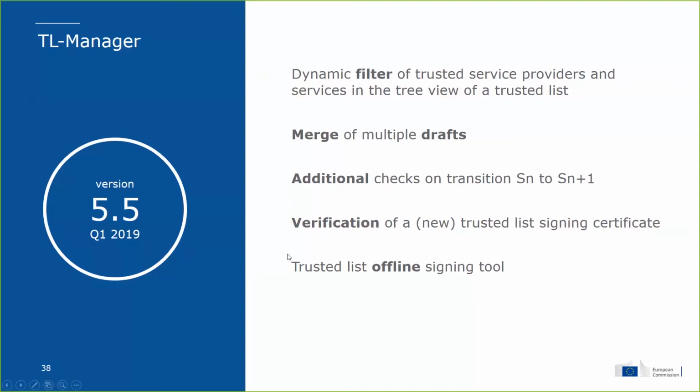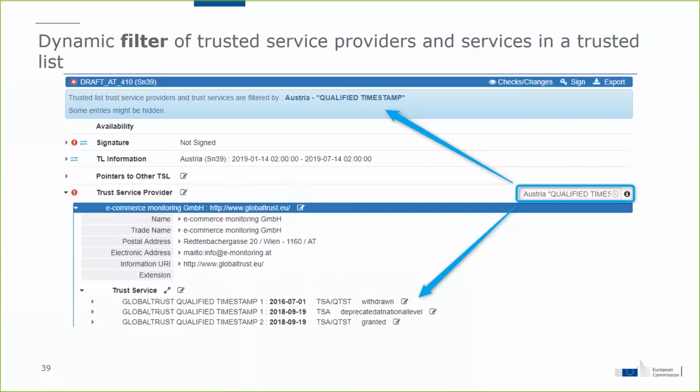And last but not least, something that was really asked for in the last vote at the webinar, an offline signing tool. So for some reason, some infrastructure of certain TLSO don't allow NextView to run. And so we now provide an offline signing tool based on DSS. So it's a very simple tool, as you will see in the demo, where you can just drop your XML and designate the signing certificate and then sign compliant with the ETSI standard. Okay, so let's go to the different features in more details.